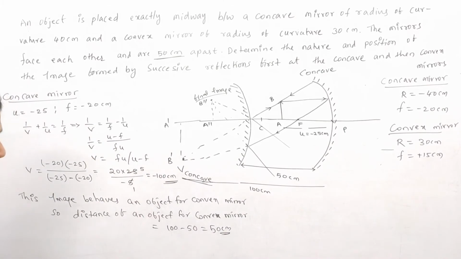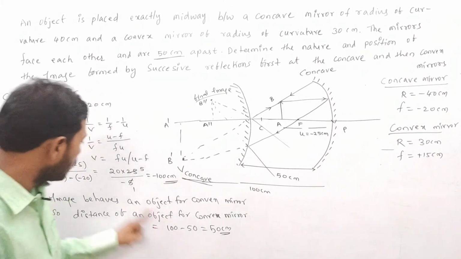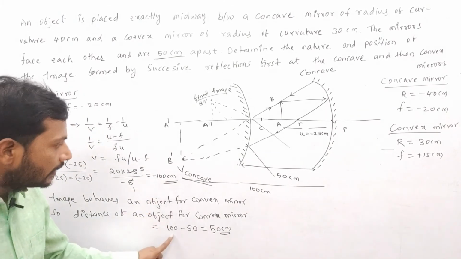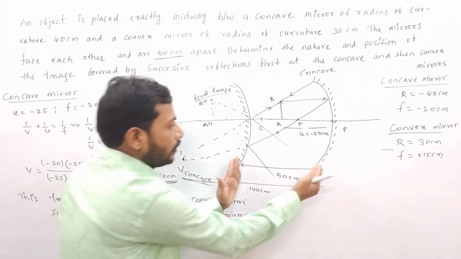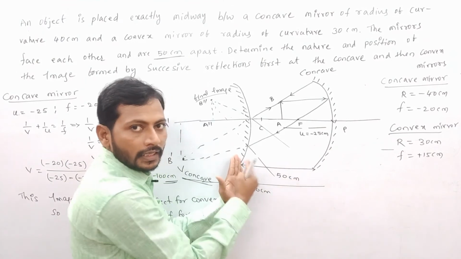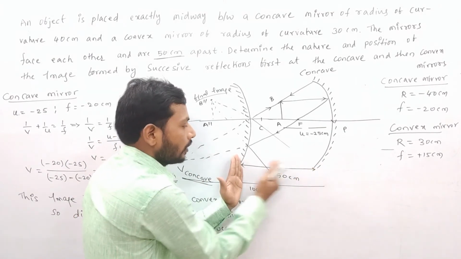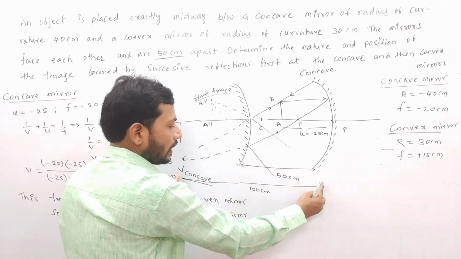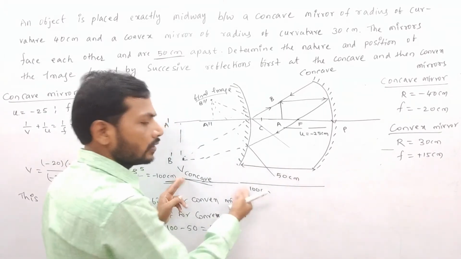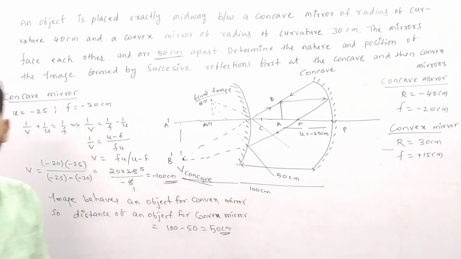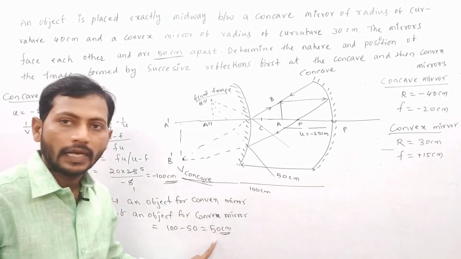Don't think that sir has not taken 100; this minus indicates the left side. But now, up to here it is 50. By seeing the diagram you can understand. From here to here it is 50, and from here to here it is 100. Sir, you have to eliminate this part. Then you get 50 centimeter. One thing is clear.